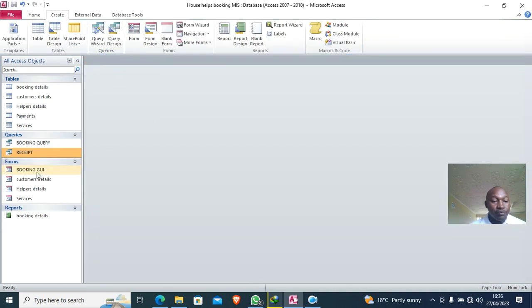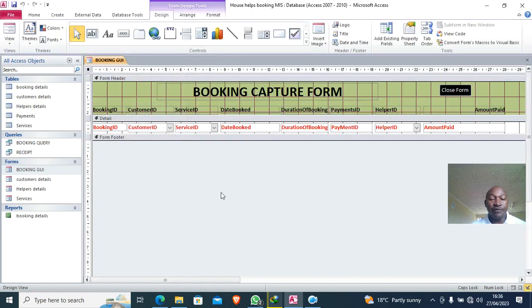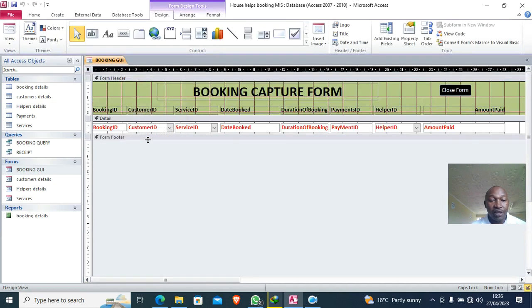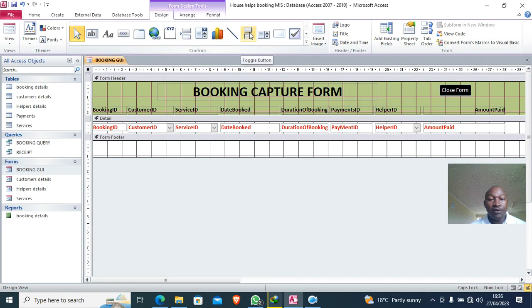So guys, when I go to booking ID here, I click booking number 1. Then the button I put here, I press print receipt. It should filter booking ID. So right click, we create the button, design view. The button will be put in the form footer. So I just go to toggle button up here. I draw that print receipt,